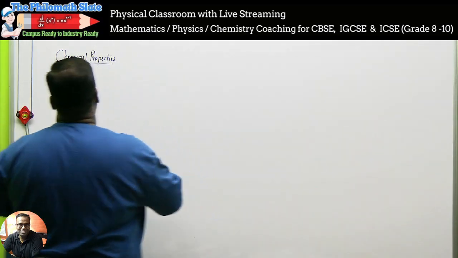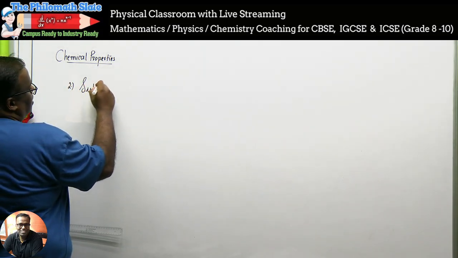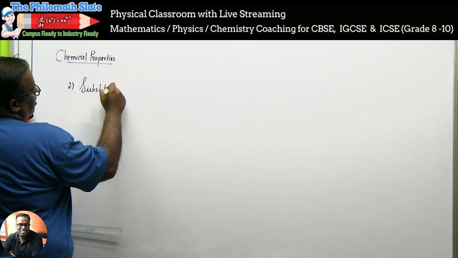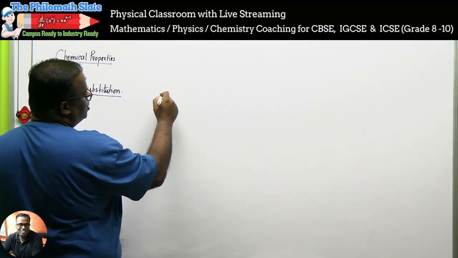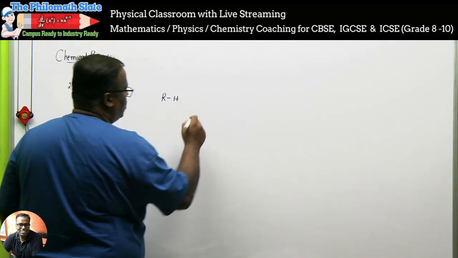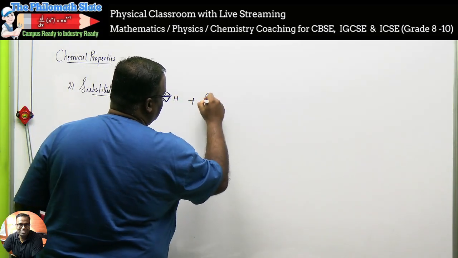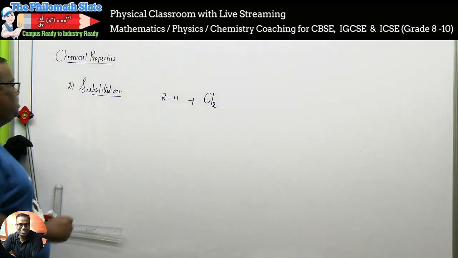The second is substitution reactions. Substitution. What do you mean by this? This is a reaction, characteristic reactions of again alkanes. Alkanes will undergo substitution. What is substitution? If an alkane is made to react with, say, chlorine, okay? Substitution means